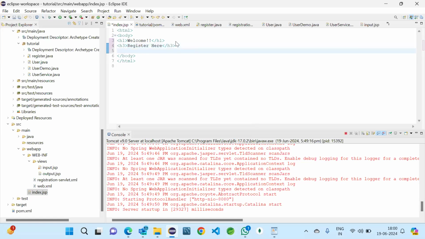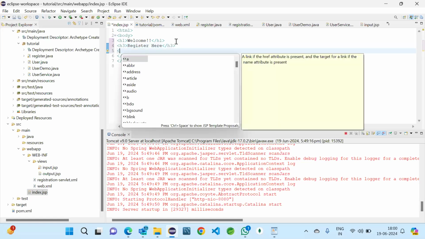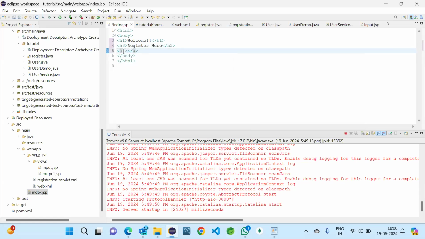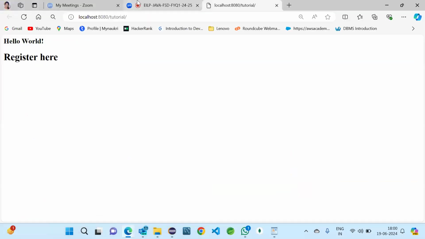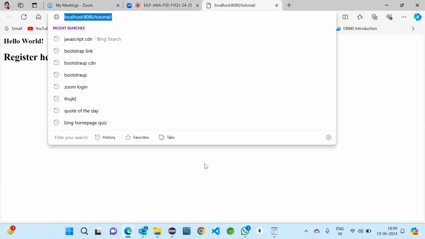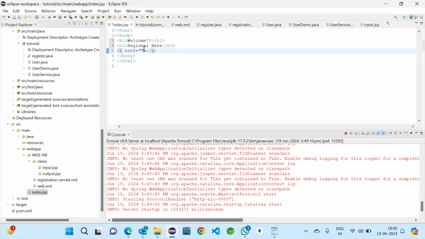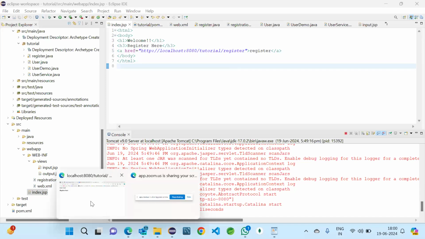After that, the redirection will be done using an anchor tag, so that I am going to use. The path will be this complete one, and then register. Save, and its name will be register. See. So now come here.